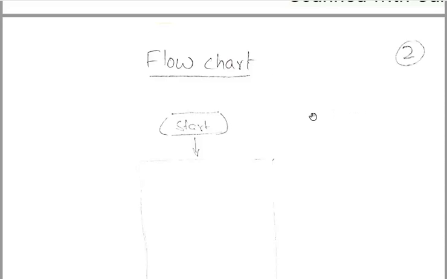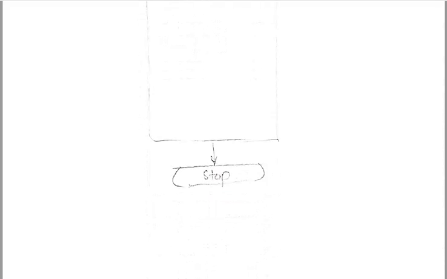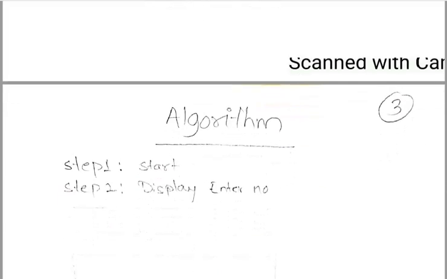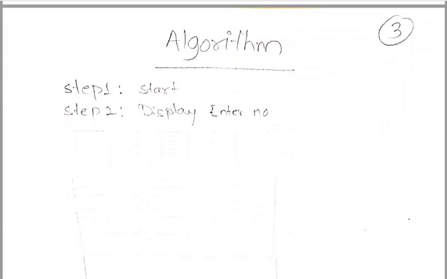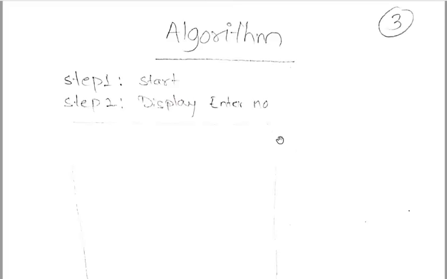So if it is more than one page, you are going to write it on the next page. Let's say it completes on page number 2, you will go to page number 3 on the next page. On the next page you are going to write the algorithm. If the flowchart is completed on page 2, on page number 3 you are going to write the algorithm. Let's say your flowchart goes onto page number 2 as well as 3, you will write the algorithm on page number 4.